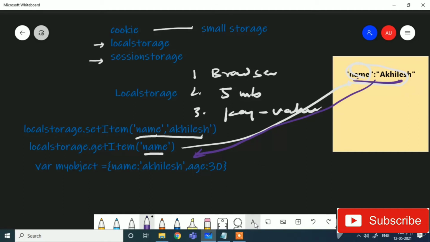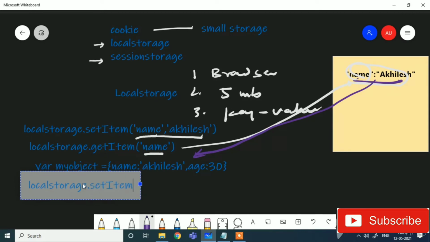I can use the same syntax: localStorage.setItem, and here I need to give the key, like object is the key, and the value is myObject.